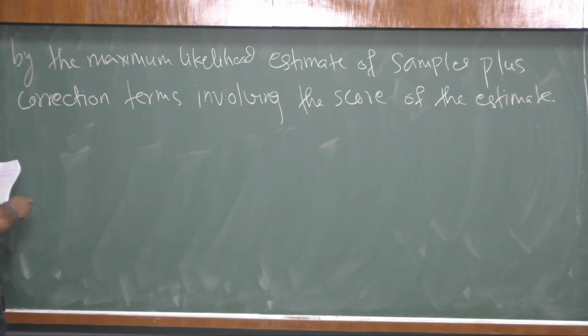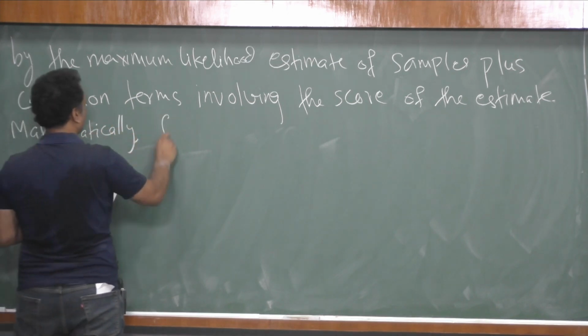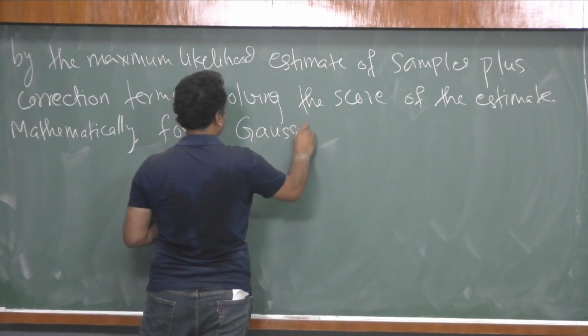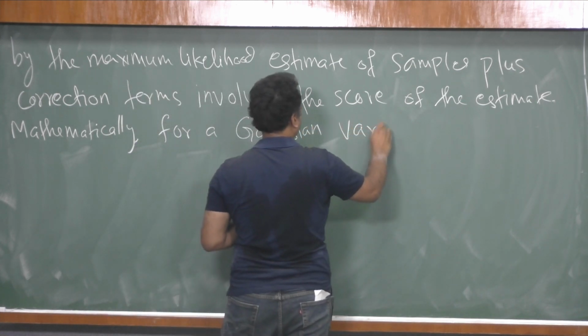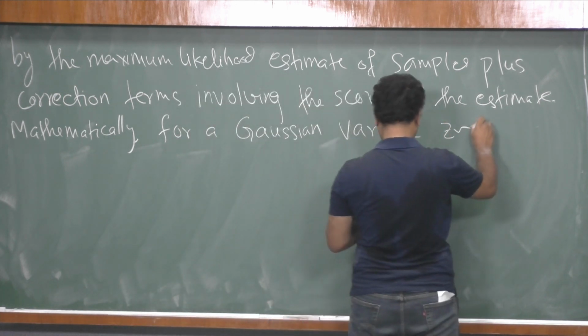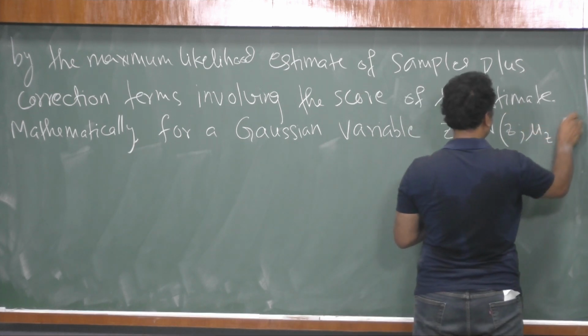So what this essentially says is that, mathematically, for a Gaussian variable z that follows normal, z; mu z, sigma z,